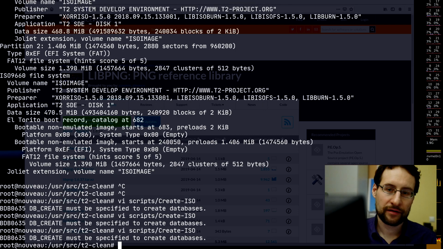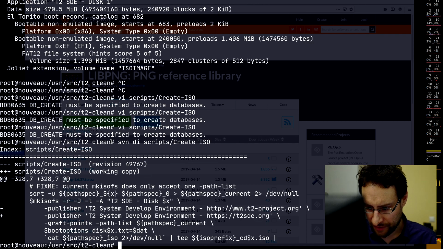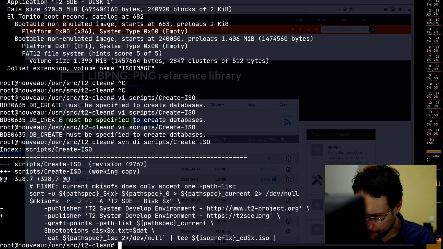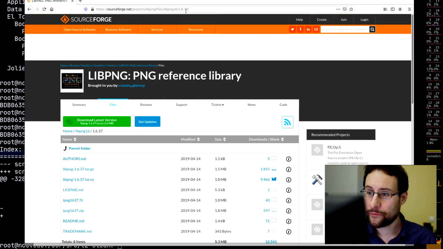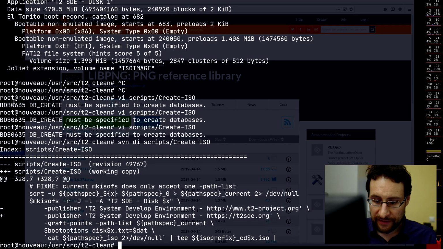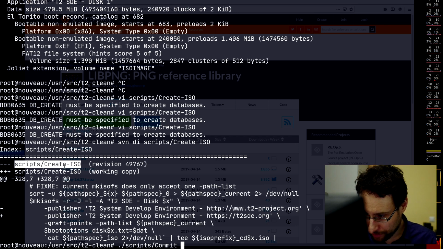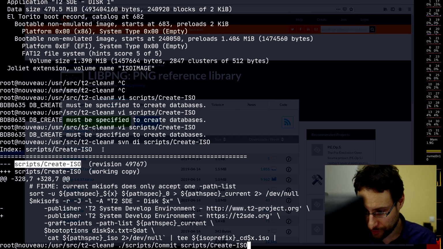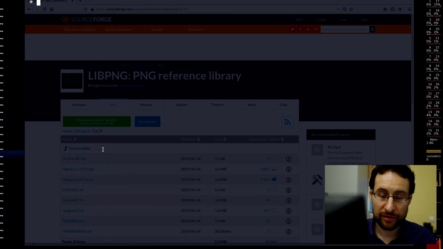I only quit vi not to retype all this long stuff. So let's see, T2 System Development Environment, HTTP T2 SDE. That probably doesn't have a typo, which we certainly could check. That works. Yeah, let's commit this already. That probably should work. Not the best practice to commit stuff while we still debug an issue, but